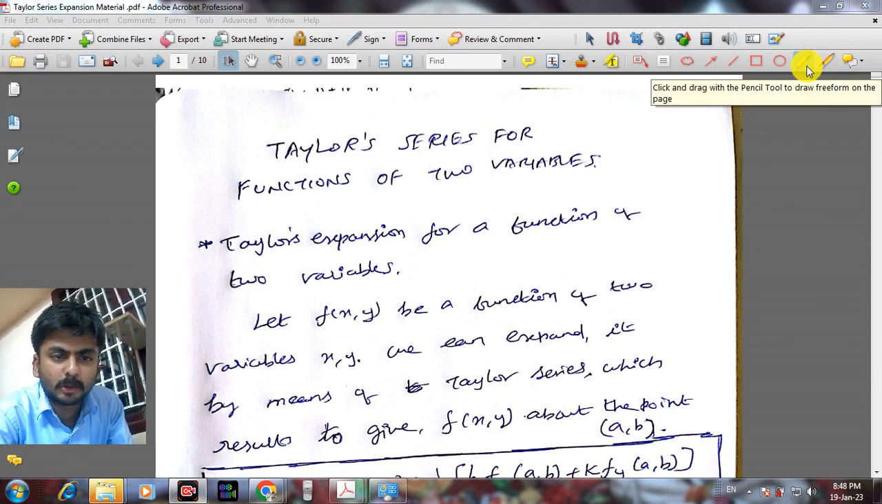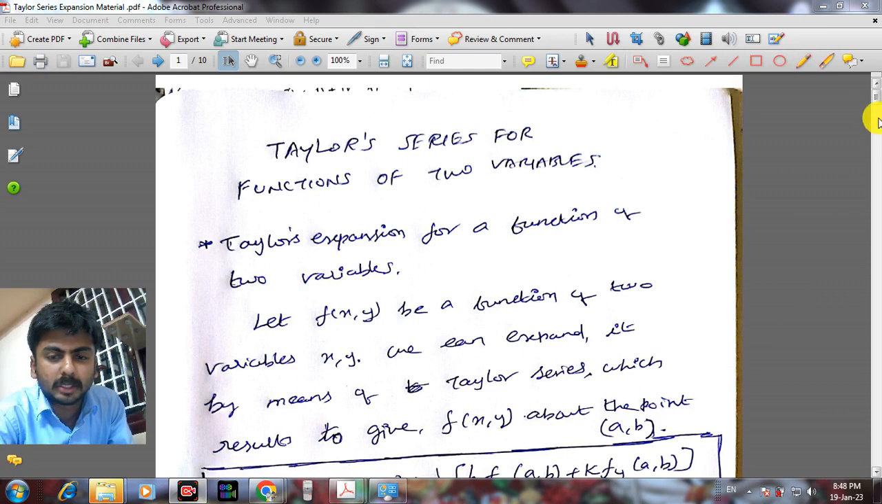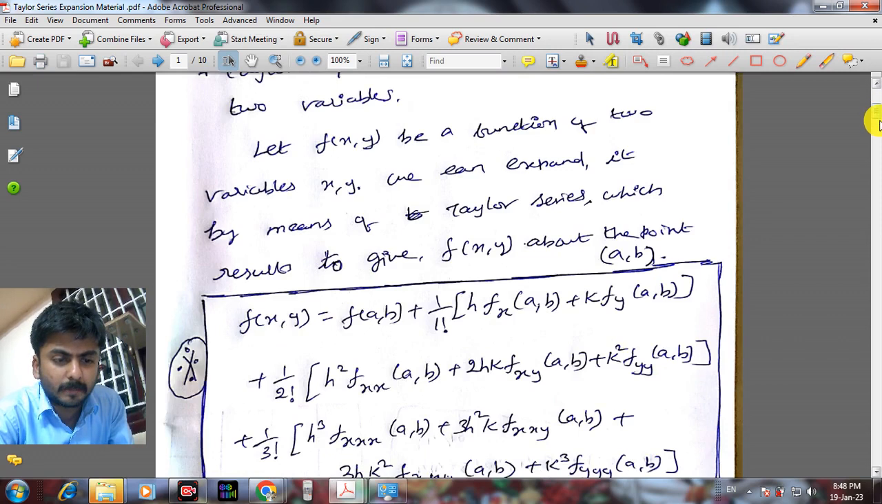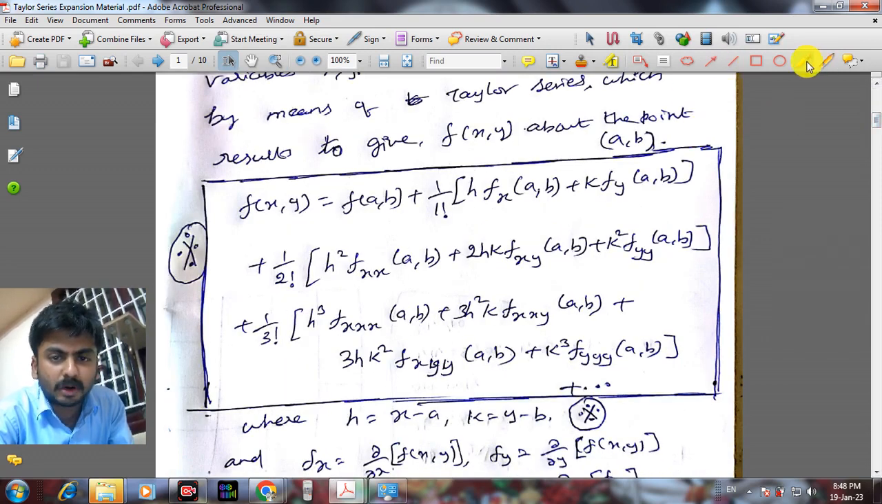Today we are going to discuss Taylor series. Taylor series expansion is used to combine the partial order derivatives by means of the expression given by f of x comma y equal to f of a comma b plus 1 by 1 factorial [h fx of a comma b plus k fy of a comma b] plus 1 by 2 factorial [h square fxx a comma b plus 2hk fxy a comma b plus k square fyy a comma b]